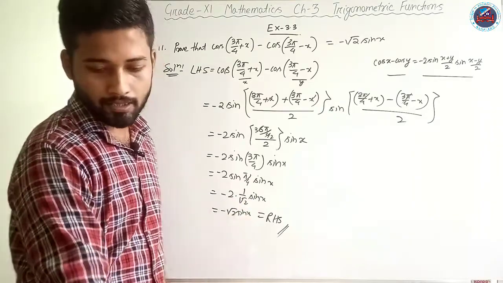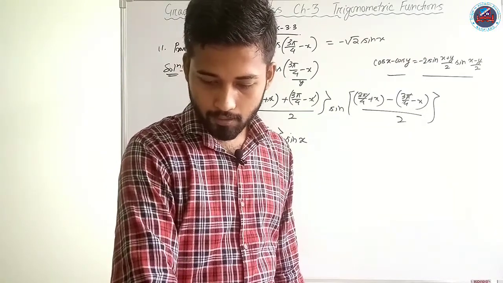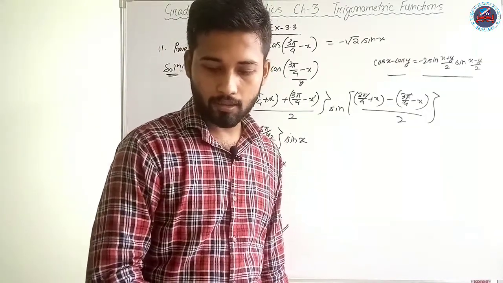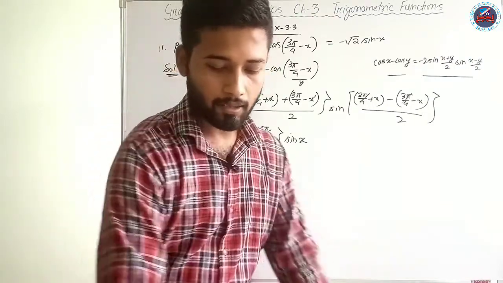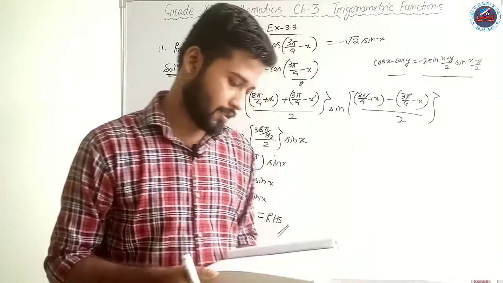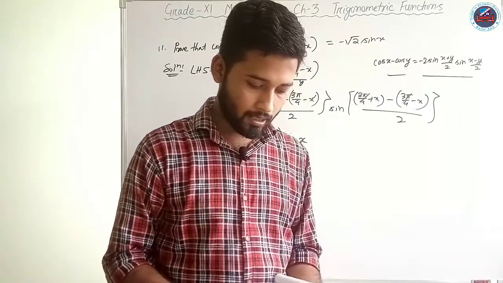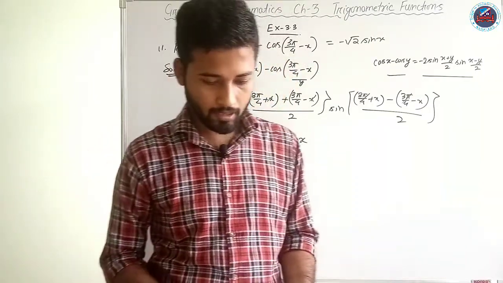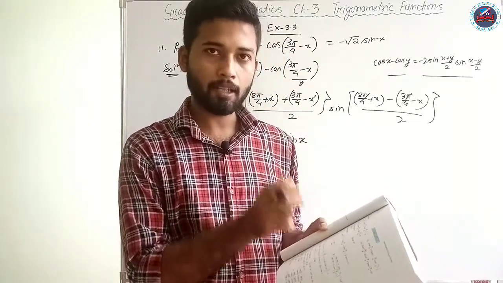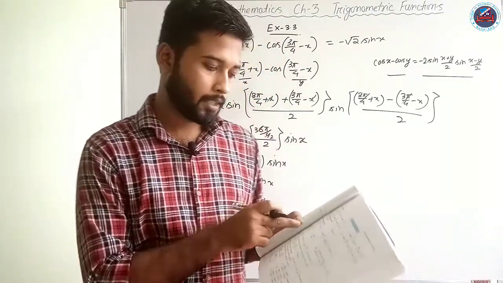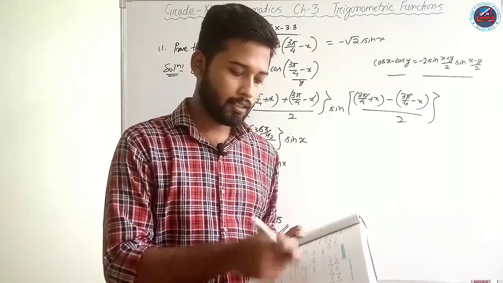Many other problems are there, just like question number 9, you can try it yourself, and question number 8 is also there. Question number 7, just use this formula. For question number 7, they have tan of pi by 4 plus x by tan of pi by 4 minus x is equal to 1 plus tan x divided by 1 minus tan x. So what to do, just in place of tan of pi by 4 plus x, apply the formula for tan of x plus y. In place of tan of pi by 4 minus x, apply the formula for tan of x minus y. So once you expand that, you will get the result.